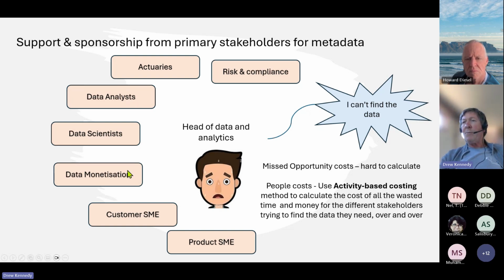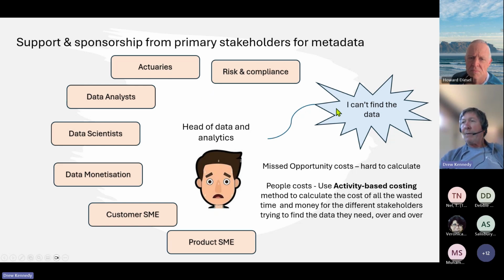It could be the team that is promoting data monetization, maybe selling aggregated data assets, for instance, back to suppliers, or maybe selling scores back to the banks. It could be the people that are responsible for customer that need to be able to be doing stuff, to be creating promotions, to be understanding trends, to be understanding terms. It could be the people that are responsible for product. It could well be risk and compliance, and it could be any other umpteen numbers of stakeholders